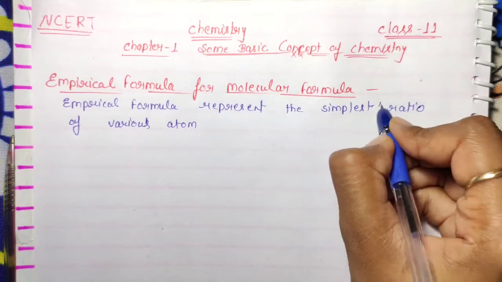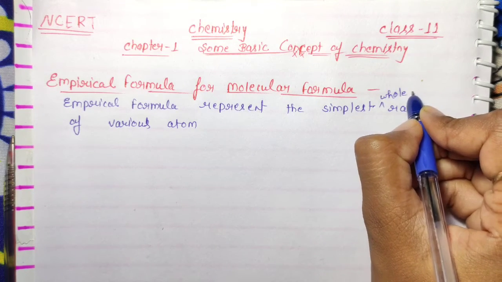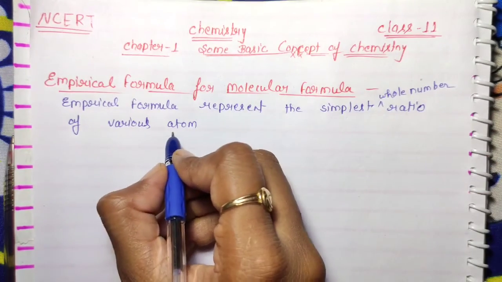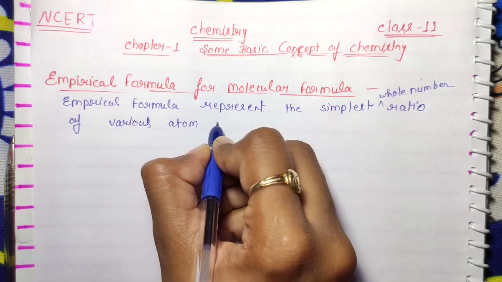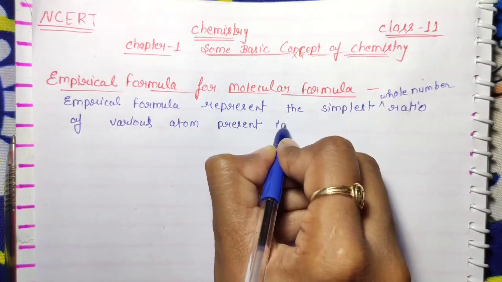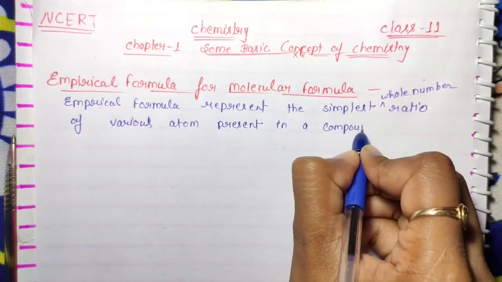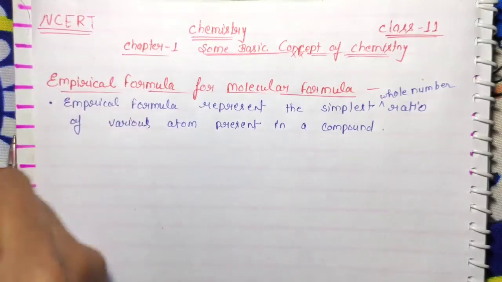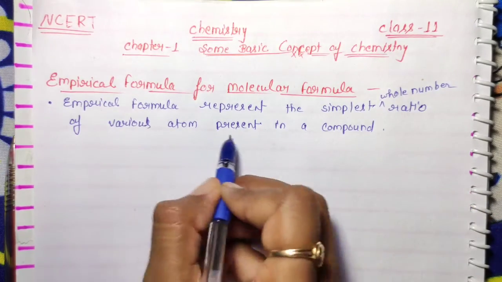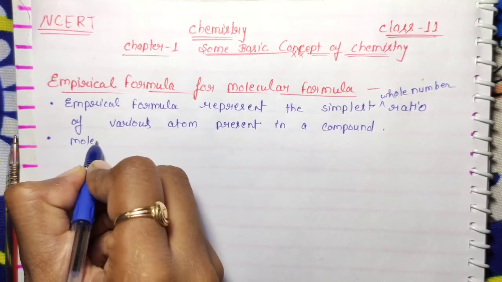Simplest whole number ratio. Okay, it's a whole number, not rational or irrational. Various atoms present in a compound. Empirical formula represents the simplest whole number ratio of the various atoms present in a compound, while molecular formula